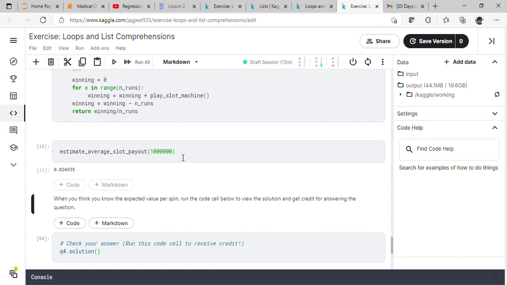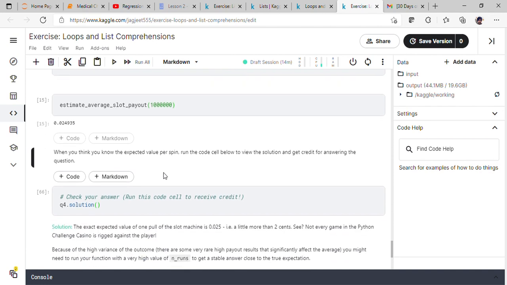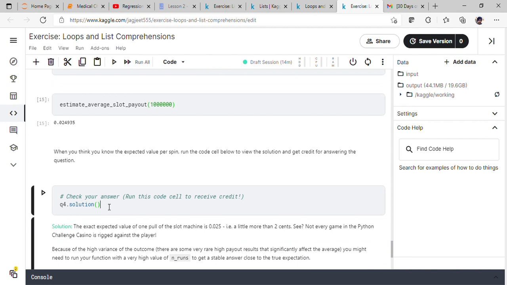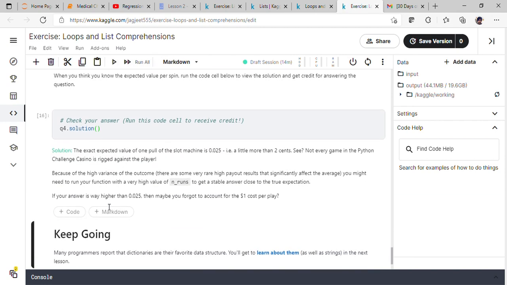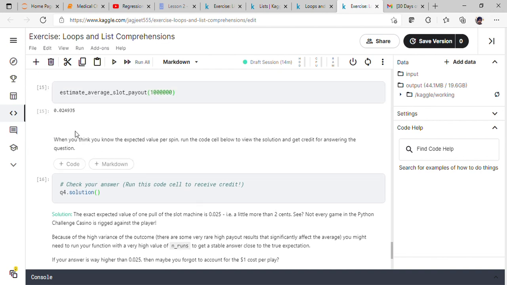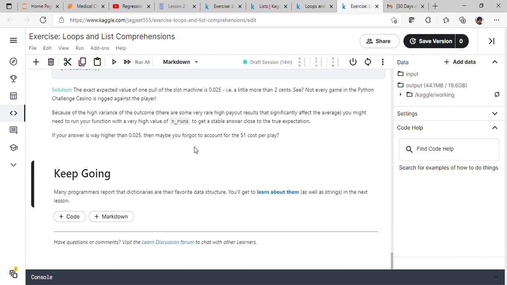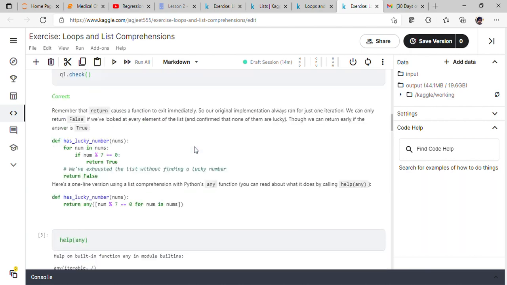Our result for the slot payout is 0.24. Take the solution. It says if your answer is way higher than 0.025, then maybe you forgot to account for the $1 cost per play. I think we got the right answer, and we are done with the exercise